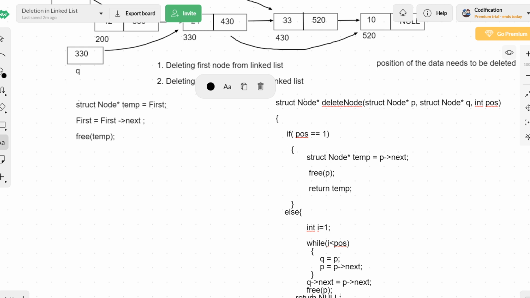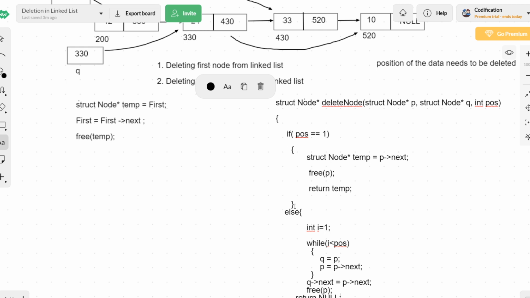That return statement I have provided as null. At the receiver end, if the receiver is receiving null, it says that the first node is not deleted. If it is receiving some address other than null, it means the first node has been deleted and the address received is the address of the new first node, the second node.